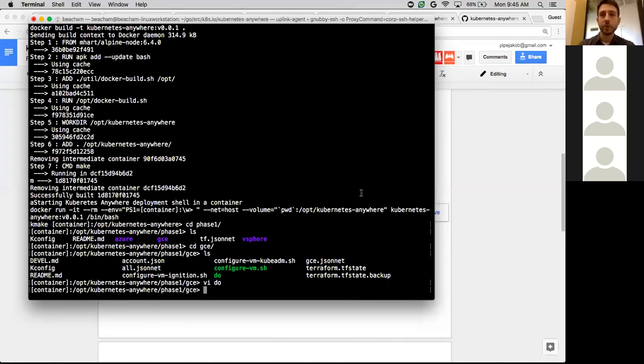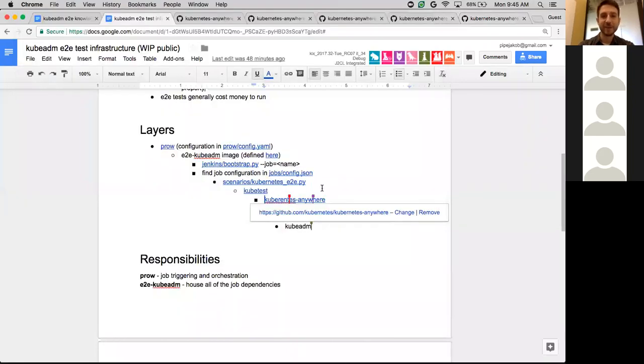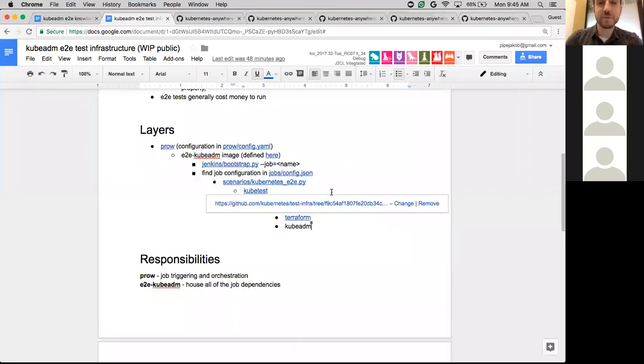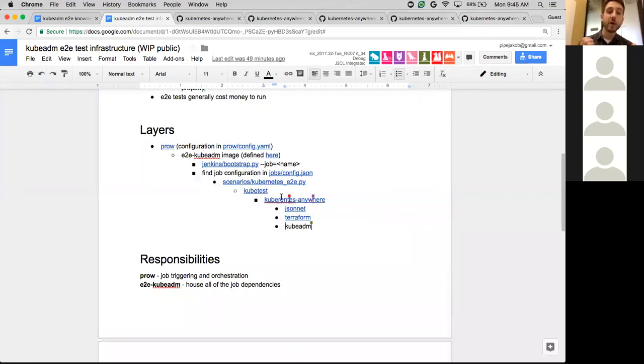Cool. So we have about 15 minutes left, and we've covered maybe like 5% of the material. So I anticipate follow-on sessions for everything else above this, but I'll try to go through enough to be useful, I think. So Kubernetes Anywhere, like I mentioned, you create a .config file and you run makefile targets to